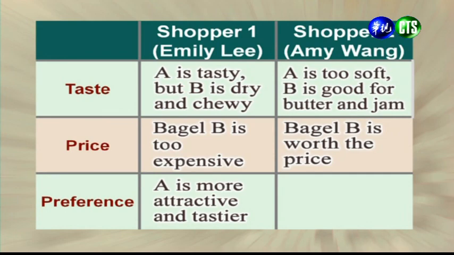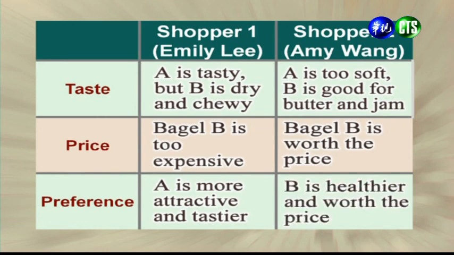And then the second shopper preferred bagel B because it was healthier and worth the price. 好，那第2位这个消费者呢，他比较喜欢 Bagel B，因为他觉得呢 Bagel B 它比较健康，而且呢这个价格非常值得。And so now from these comparison contrast matrices, we got a lot of good information for comparing bagel A and bagel B that we can use for writing an essay. 好，那光是我们刚刚所收集到这些资料我们就可以把这些讯息呢转换成句子，然后呢就可以改编成短文了。